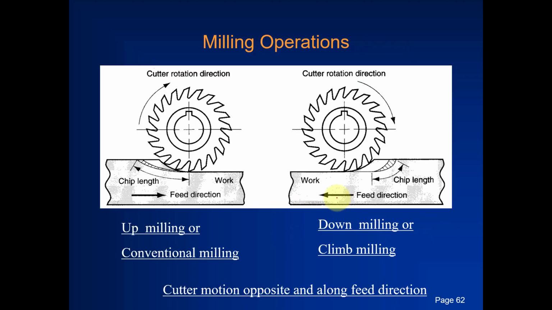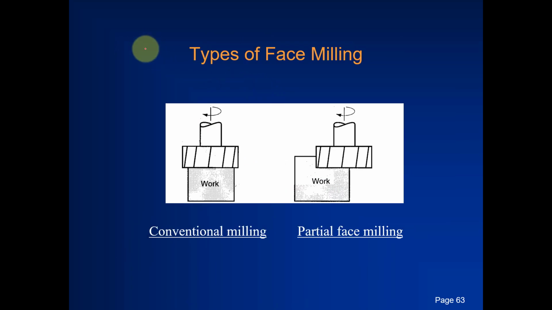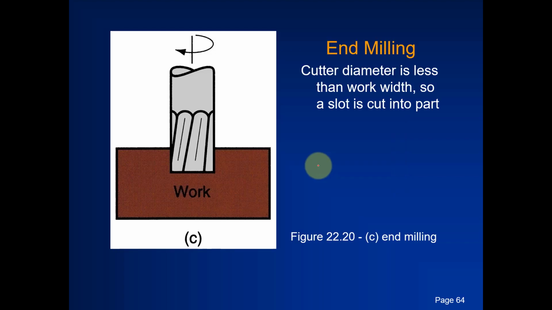Okay, so we will explain it a little bit later. Clear? So first I should explain the type of face milling. So this was a conventional milling. Now the second example